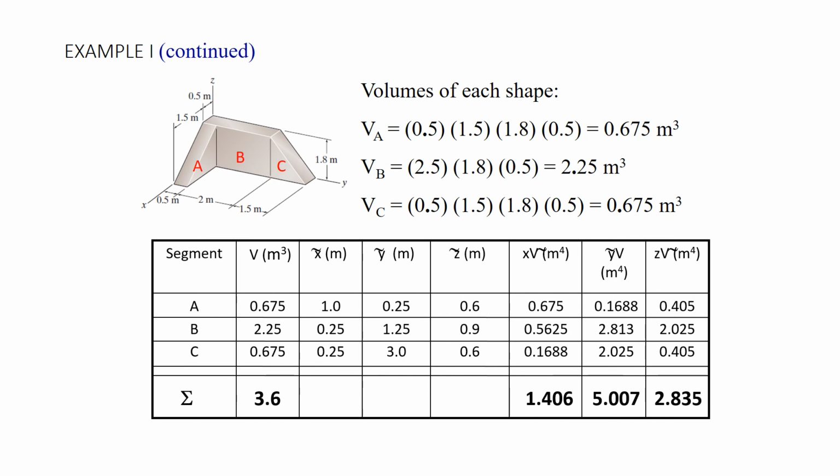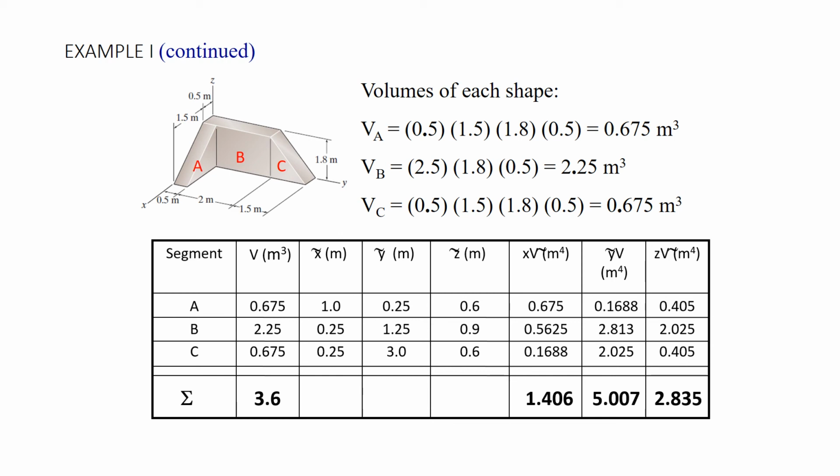If we then complete the table that the instructions asked us to, we can find for each of these segments, A, B, and C, we can now write their volume. We then need to locate the individual centroids of each slab, and you would know where the centroid is for A and C using the 1/3 away from the longer base. And you can use that formula to find the centroid of each of those slabs, and we know the centroid of the rectangular slab is right in the middle of that slab, so we can find these distances from the y-axis, the x-axis, or the